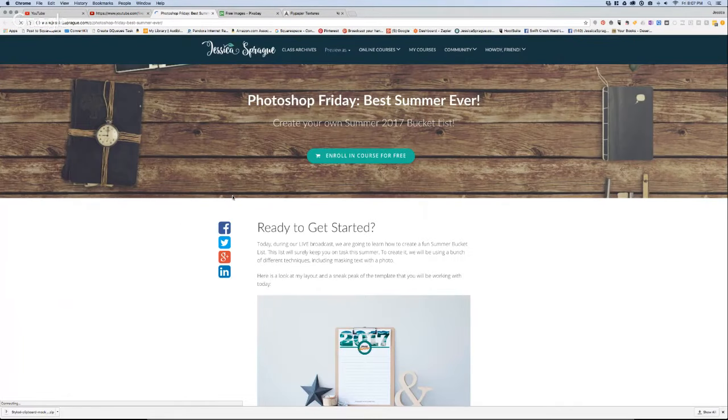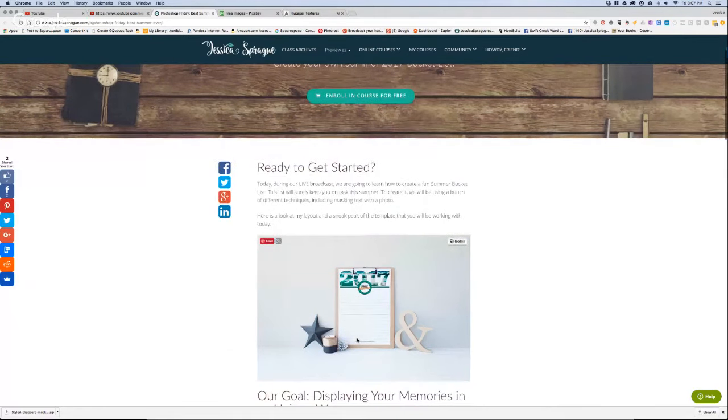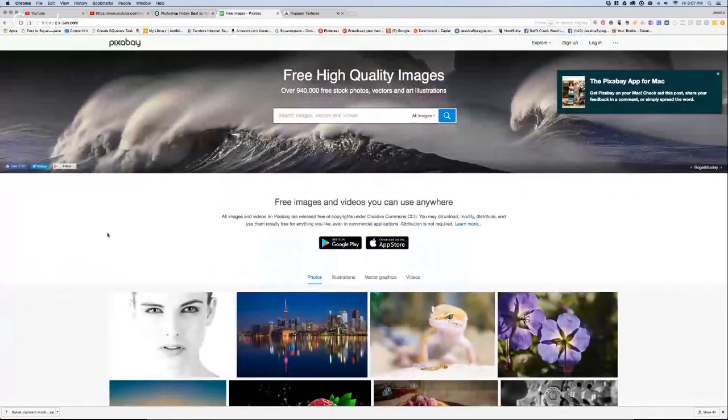So Megan has posted the link, and all you need to do is go ahead and enroll, and then there isn't a lot to download in here aside from the fonts and then the template itself, which is a letter-sized PSD file. So this is going to be super easy to print out, and there's lots of lines on which you can make your amazing bucket list for the summer of 2017. So what I did basically was,